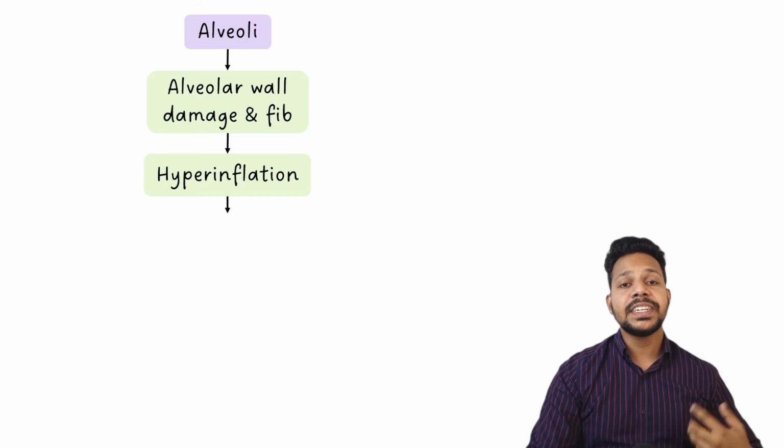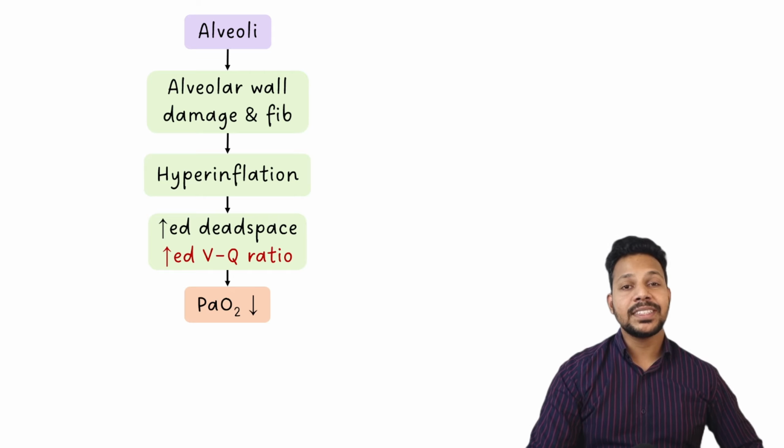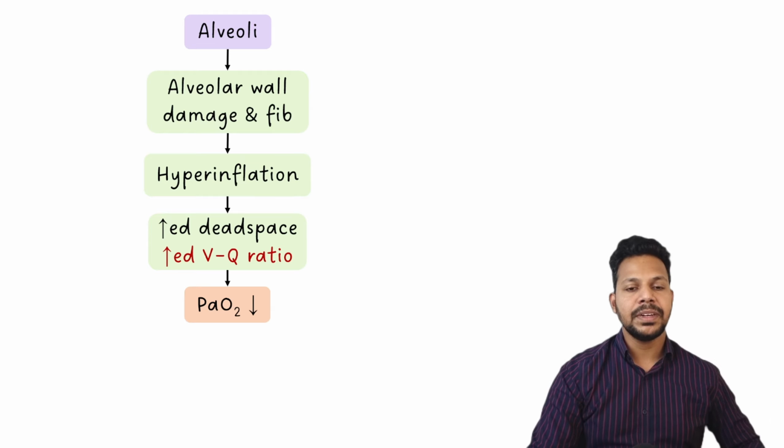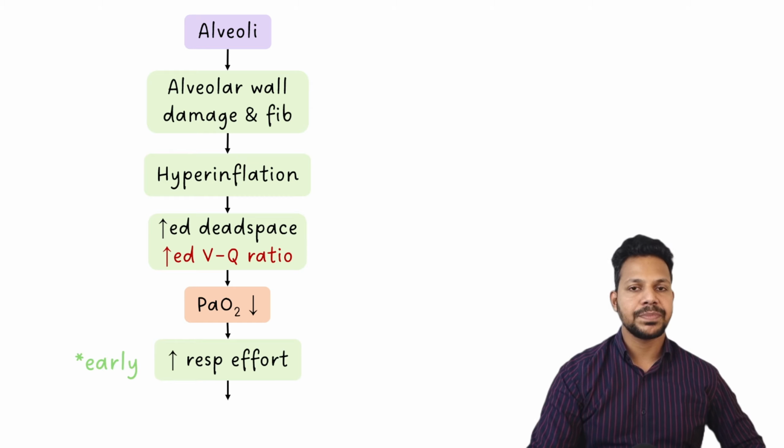So there is increased ventilation and reduced perfusion that will result in VQ mismatch that further results in decreased PaO2, hypoxemia. Because of hypoxemia, there is triggering of respiratory centers in the brainstem and there is increased respiratory effort. Increased respiratory effort washes out the carbon dioxide and the patient will have PaCO2 reduced, right? So this is type 1 respiratory failure where PaO2 is reduced and PaCO2 is reduced.